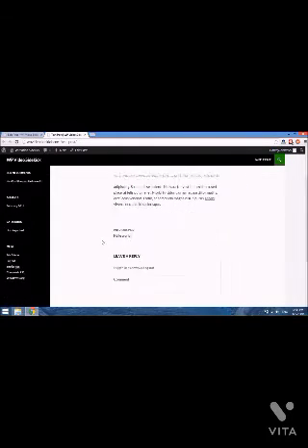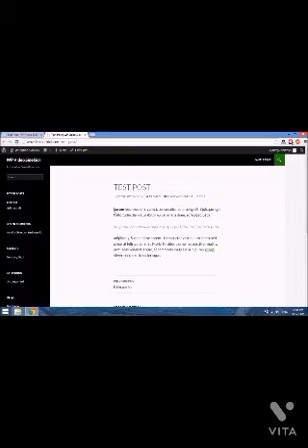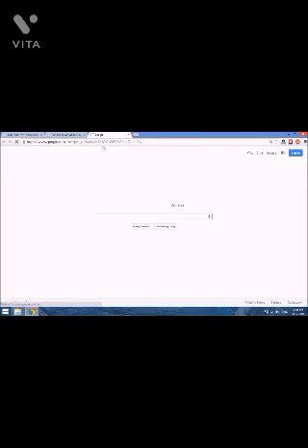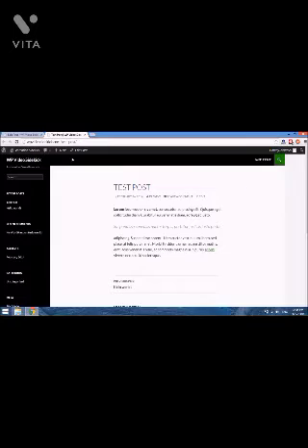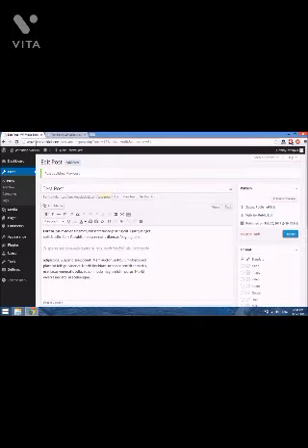Okay, so there's our post with our styling, bold, our quotes, and our link, which if we click it will go to the destination that we had put in at google.com. Okay, now it's taking some time to load, but there you go, Google. Okay, now if we go back to our site and we just select visit site,